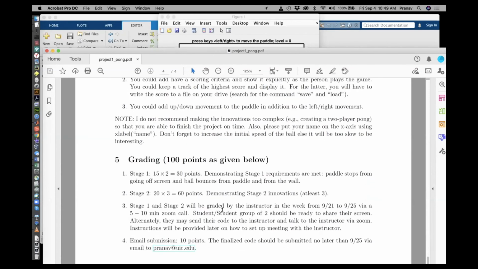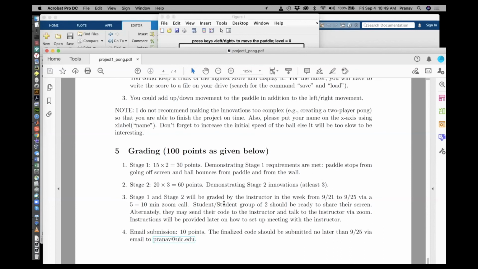Okay, the grading is here. Instead of you submitting a report, which I think is just too time consuming, we'll have a one-on-one, or one-on-two if you're in a group of two, meeting, where you will show me if you successfully completed stage 1, which is detecting the walls and the pedal, and then your second part, which is putting in some advanced features, will also be demonstrated during the same meeting. I'll tell you how we'll go about doing this meeting, but it will take basically 5 to 10 minutes of time. Then finally you need to email me the submission. So what we'll